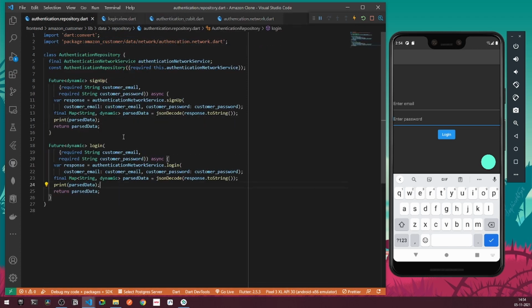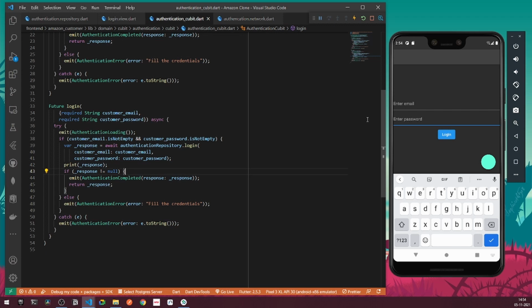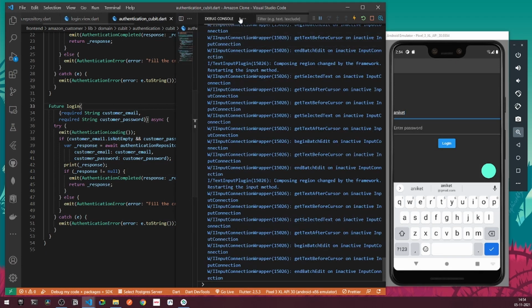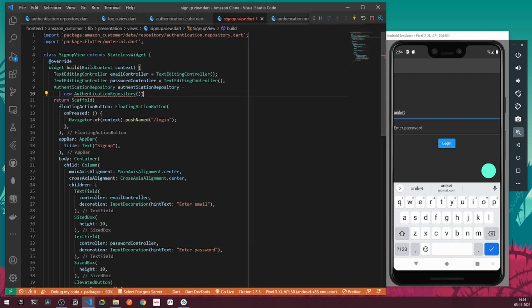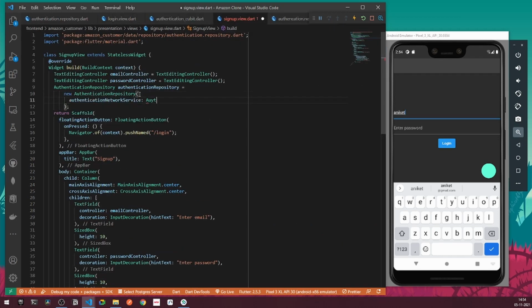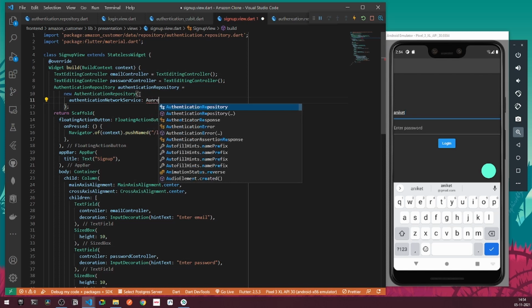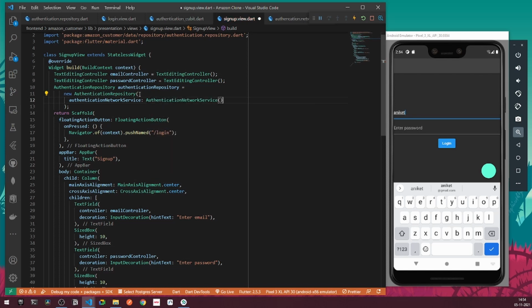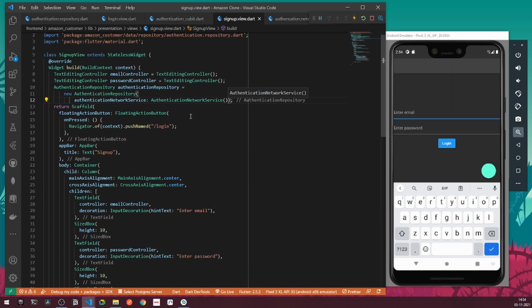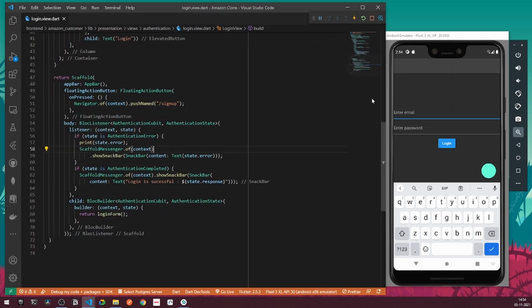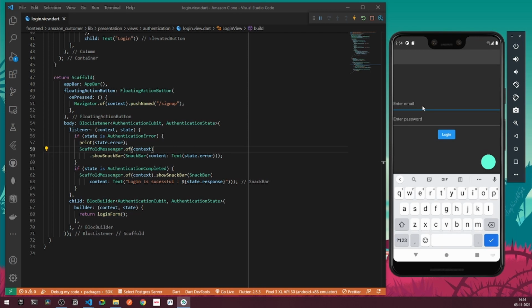That is clean architecture. So right now I can go under my auth cubit, and if I try to log in now, I guess we are having some error. So let's go under problems. Yes, it will be requiring authentication network service for authentication network service. So the entire block is completed for now. Let's try to log in now, one more time for aniket at gmail.com, same old password. Let's try to log in.